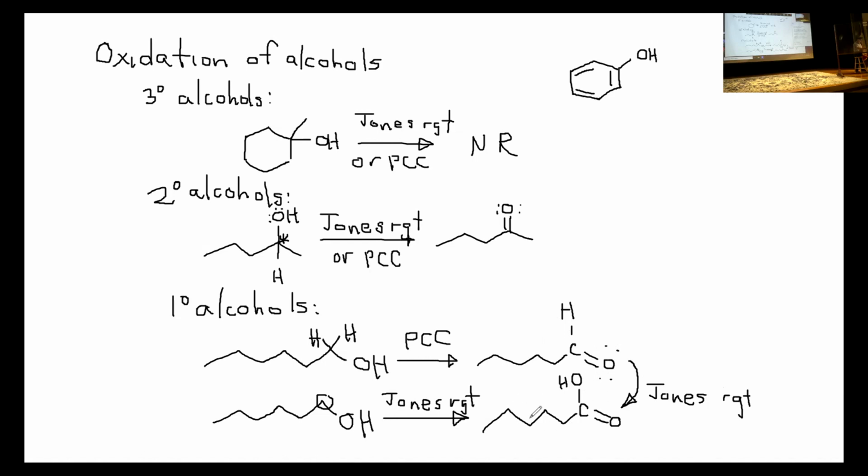the corresponding carboxylic acid. And I've left step-by-step methods in the class notes that show how to get from either the primary alcohol or the aldehyde to the carboxylic acid. But basically, I've already said that if you're given a primary alcohol in Jones reagent, you find the carbon attached to the OH and you change it to a carboxylic acid functional group. You change that same carbon to a carboxylic acid carbon. From an aldehyde, it's even a little easier. You find the aldehyde carbon,